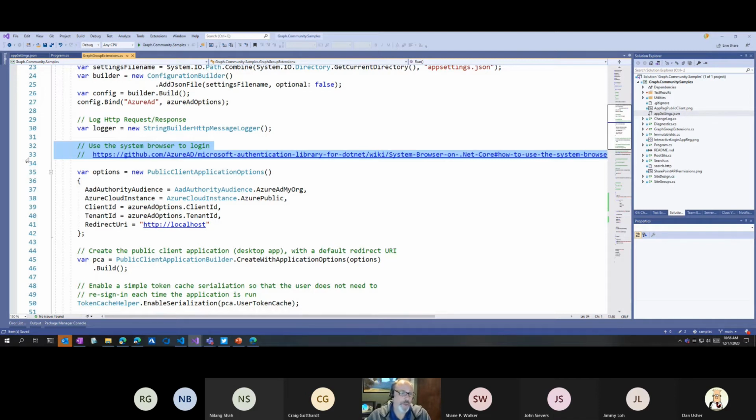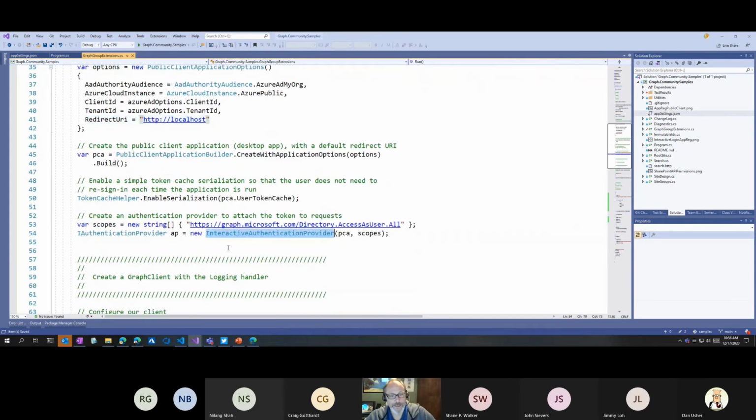How that works is I'm creating what's called a public client, and I'm saying this is a single tenant application using the public cloud. There are different values here for government or sovereign clouds. Here's my information, and the redirect URI is my localhost. When I create this public client application, combined with the interactive authentication provider provided by Microsoft Graph, it will then prompt the user to get the information, right?